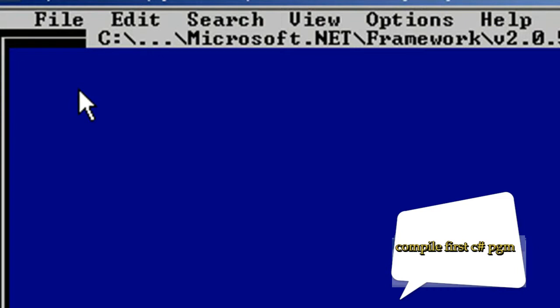So let's write the first statement. The first statement you need to write is using System. What does it mean? Remember that whenever you write your C Sharp program, you will need a lot of routines or subroutines which are given by the .NET framework.